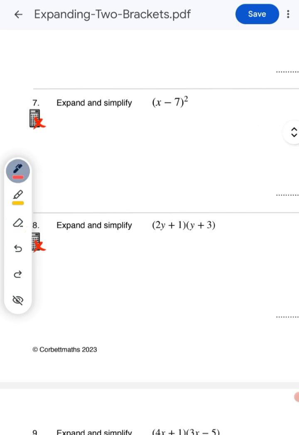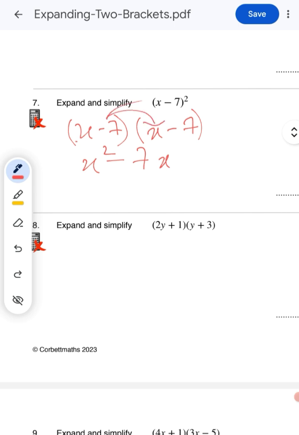Okay, let's do this. x minus 7 whole square means there are two brackets of x minus 7. Okay, so x multiplied by x is x square, x multiplied by -7 makes a -7x. Now -7 multiplied by x and -7 multiplied by -7. So -7x once again, and minus makes a plus. 7 7s are